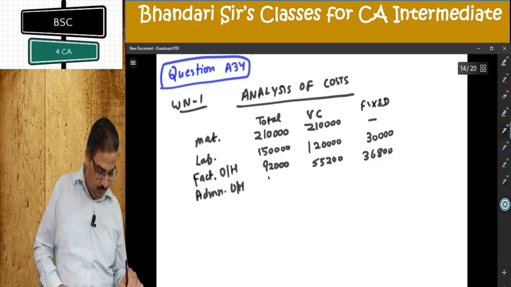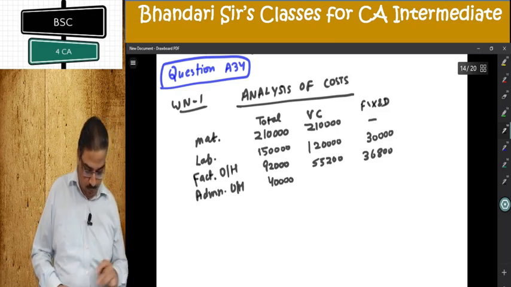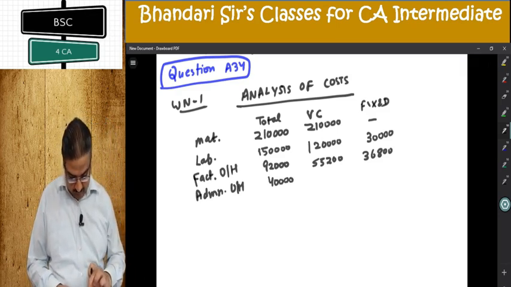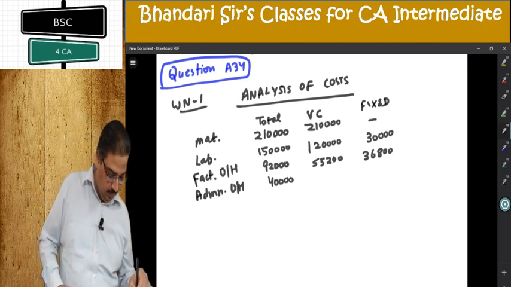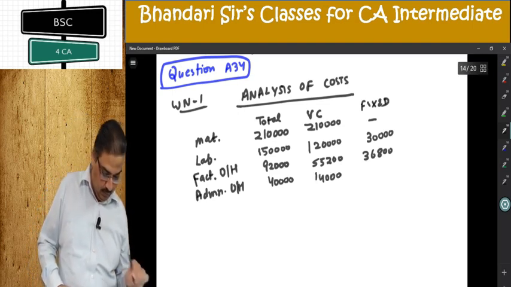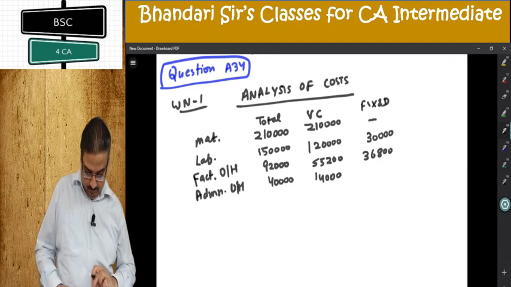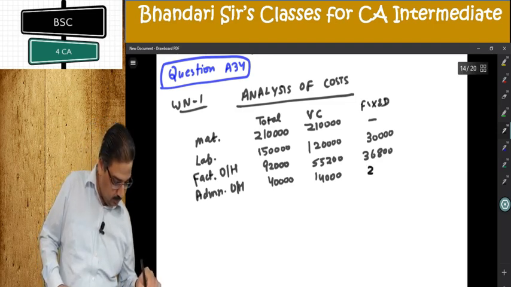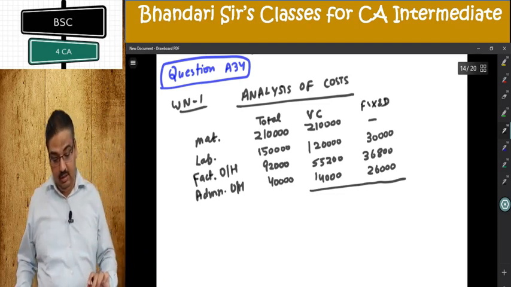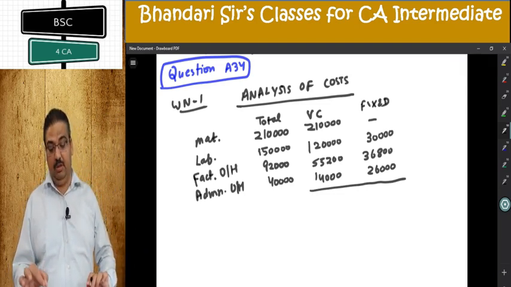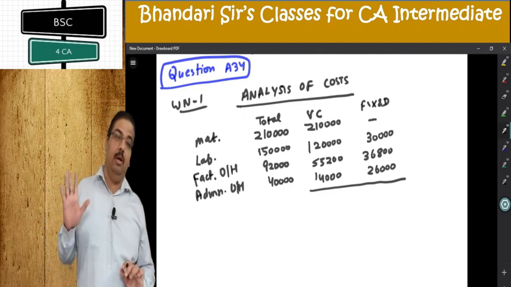Administration overhead 40,000, 35% is variable, 14,000 is variable, 26,000 is fixed. In addition, there is another selling overhead commission 8%, that is purely variable, but selling price is